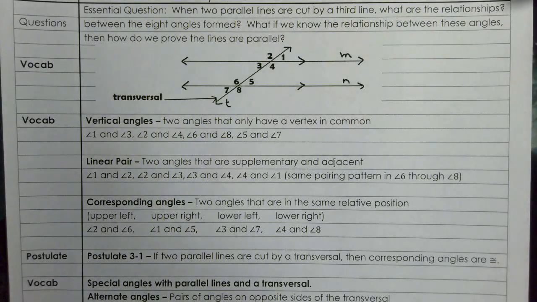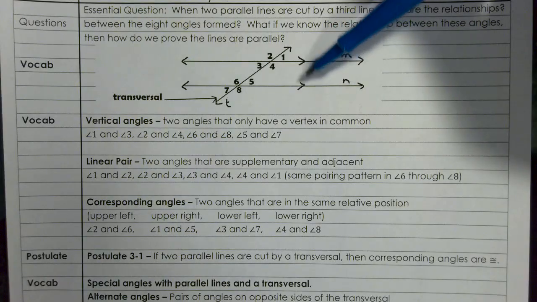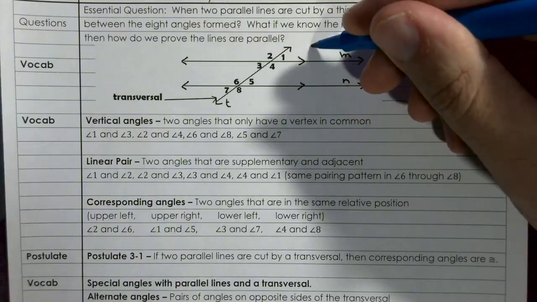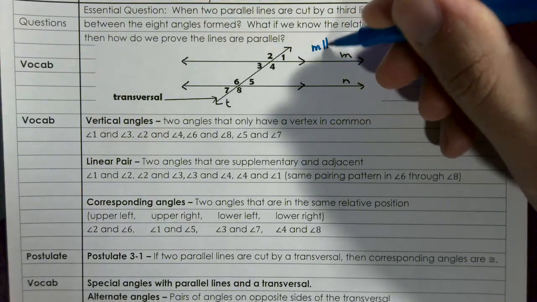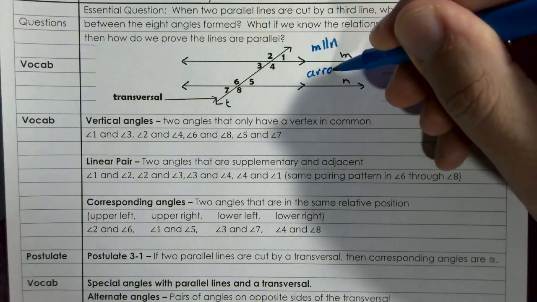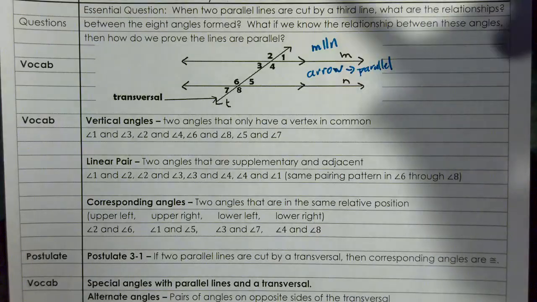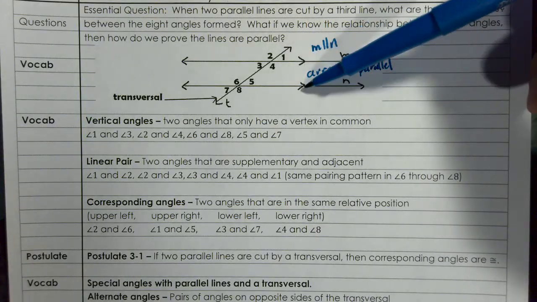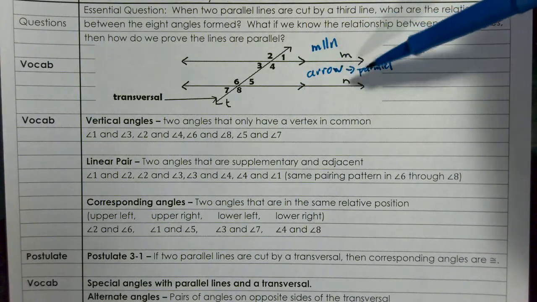Hi, in this video we're going to talk about parallel lines and transversals. So this little symbol right here is telling us that M is parallel to N. It's this little arrow that means parallel. So whenever you see these little marks, like arrows in the middle of the line, that's telling you, hey, these